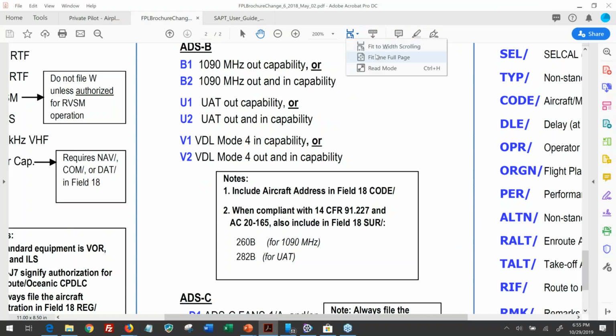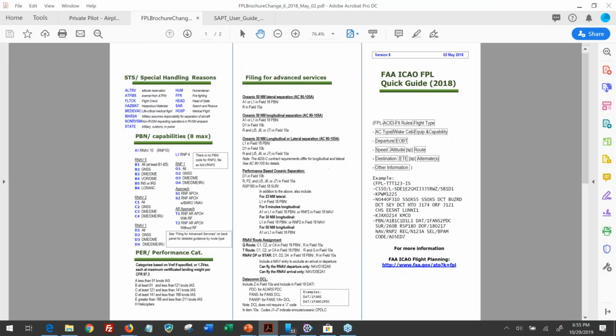So if everybody has access to this, we're going to start going through this flight plan quick guide. This is what we're going to use to figure out what codes our airplane needs. And you'll have to forgive me, the guide is meant to be a trifold handout, so it's not necessarily in perfect order. I'll be flipping back and forth between the pages. And I've got to leave the audience view up to make sure that my screen lag is keeping up.